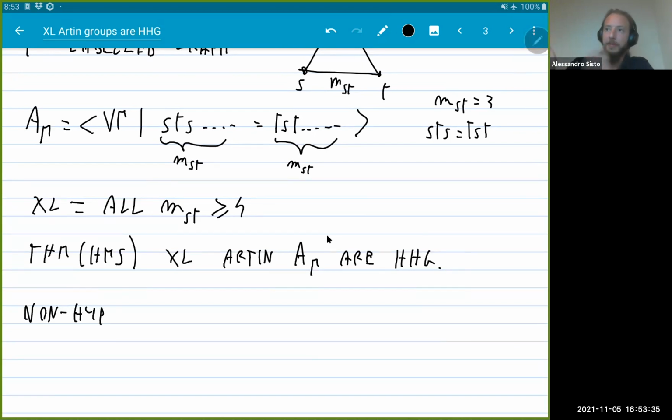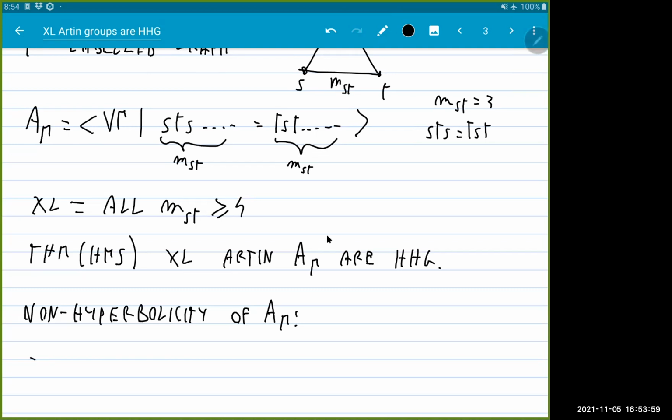So we have to understand, okay, the group is not going to be hyperbolic, but let's try to understand why it's not hyperbolic. So that should tell us something about what we expect the HHS structure to look like. And so a good way to do it is to hunt for subgroups that are direct products.